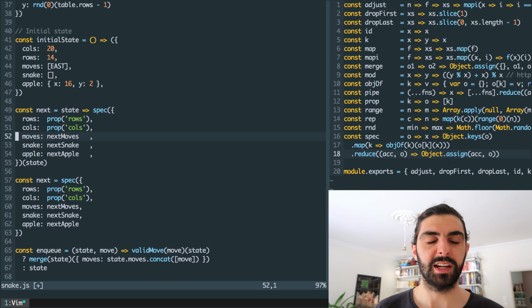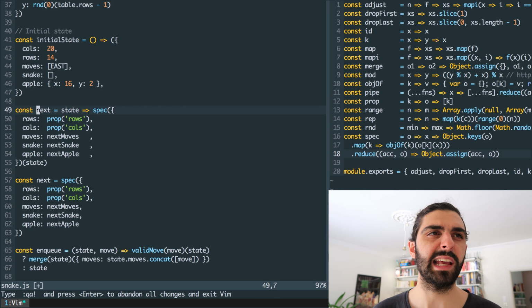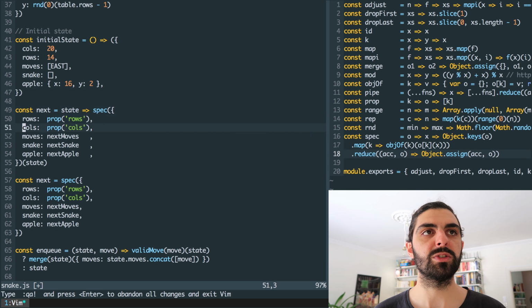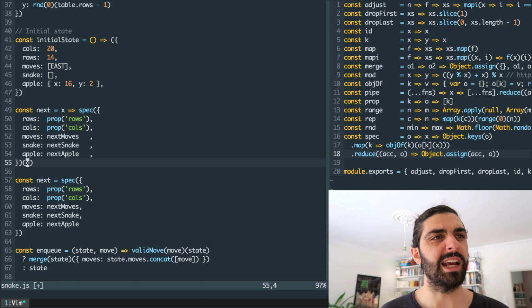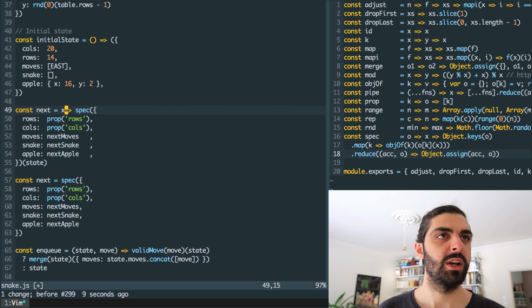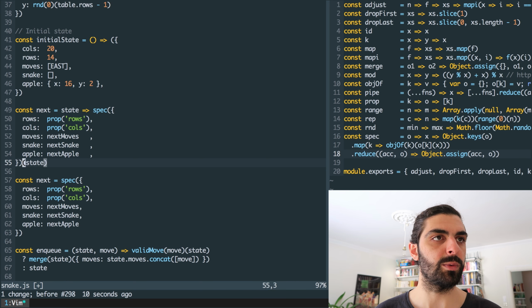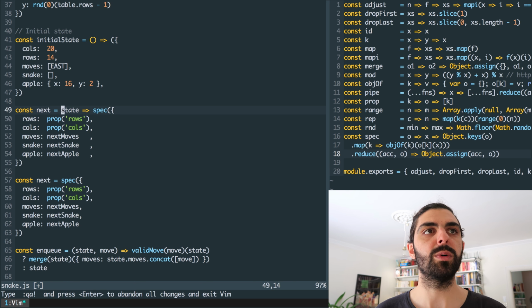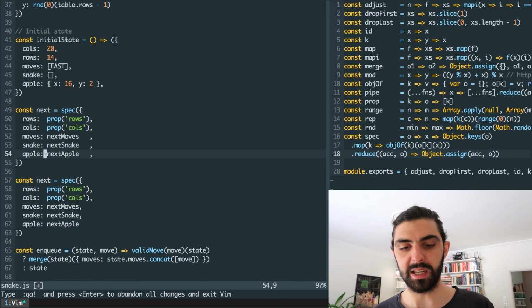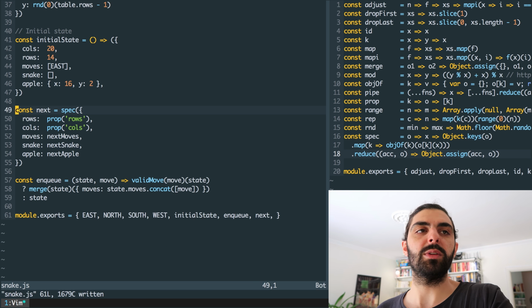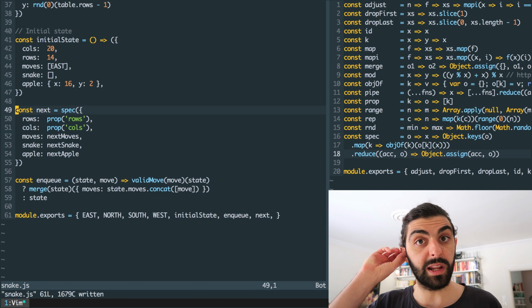But then we're back into the scenario that we looked at before, where next is now a function that invokes this function spec by just passing the x that we pass it, right? Like next is a function that takes an x and runs another function over that x, and then we don't even need to specify the x. We can just remove the explicit call, and remove this explicit variable here, and then we just say next is the running of spec over these functions, and then we pass it some state. So I would argue that this is more clear,